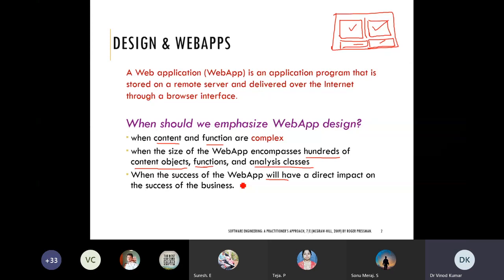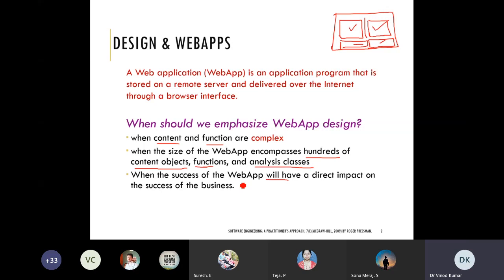If the web app is at the core, the main backbone of your business, and it is not working, then your business is not going to flourish or survive. So in those cases, web app design becomes very compulsory.